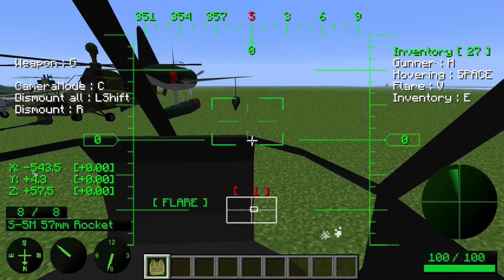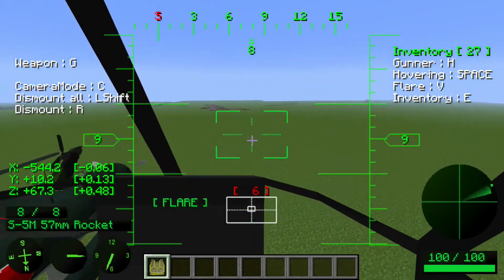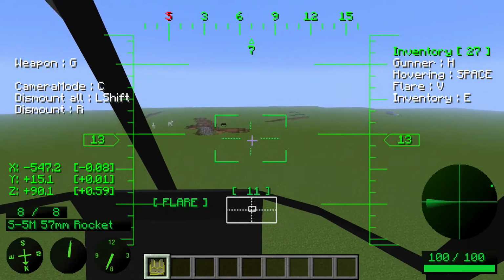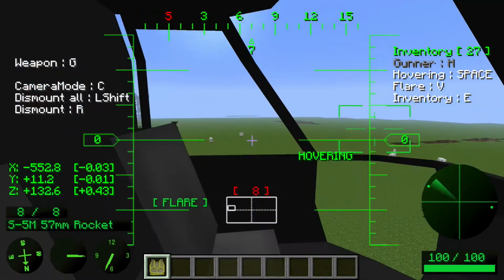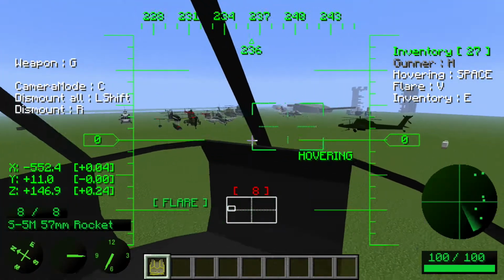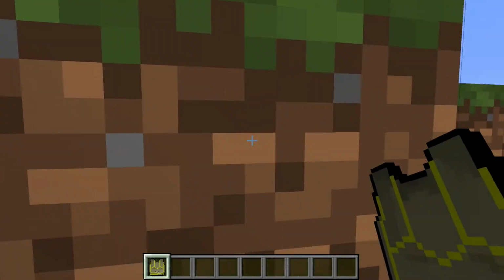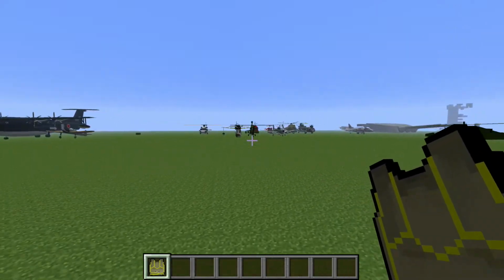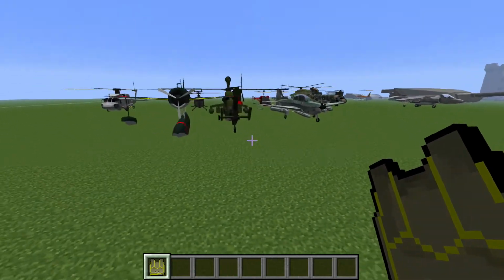Oh yeah, and for the helicopters, when you press E, you have an inventory. And look, this is only for select helicopters. But when you want to hover in just one place, you pull back the throttle and press space, and you're just hovering. You can't control where you're going now. I guess you can't go up or down. That's different from the other one. Hover just means you can't go up and down, which is useful if you're trying to maneuver out of